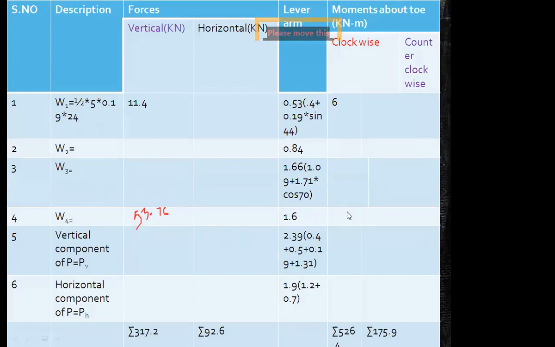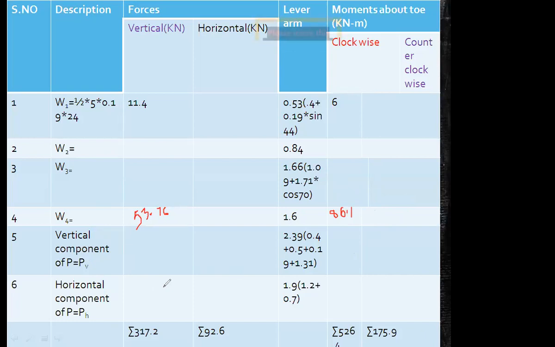మూమెంట్ ఎంత వస్తుందండి W4 దగ్గర? 86.1. సో టెక్స్ట్ బుక్ లో చూసి చెప్పినా ప్రాబ్లం లేదండి, బట్ మీకు తెలియాలి ఏ వాల్యూ ఎందుకు వస్తుందో ఎలా వస్తుందో. ఓకే, మీరు పర్సనల్గా చేస్తే బాగుంటుంది, చెయ్యకపోయినా టెక్స్ట్ బుక్ ఫాలో అయితే కూడా ఓకే, బట్ యూ నీడ్ టు అండర్స్టాండ్. 86.1 మూమెంట్స్. సో we need to mention vertical component, horizontal component also in the table.